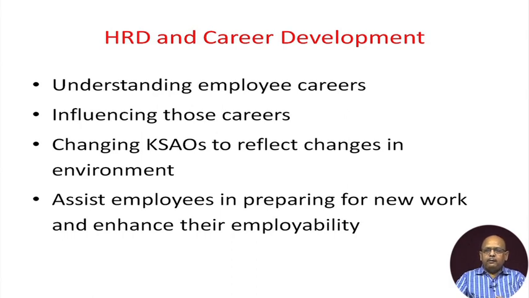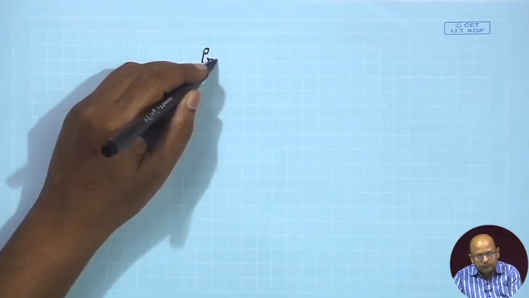So, instead of getting promoted, they could be going down. They could also be demoted, and that is also part of the career planning process. If you are not going to perform well, you may either be held up in that position, or transferred to a different kind of job where you can perform well, right, or you could be demoted. So, the three things related to this are what we call promotion,